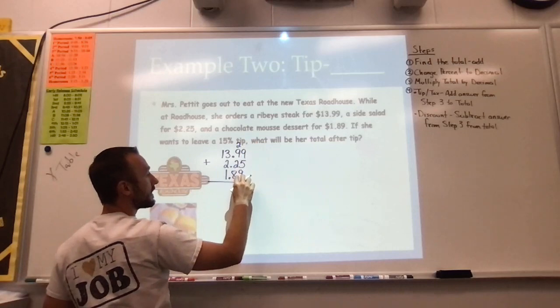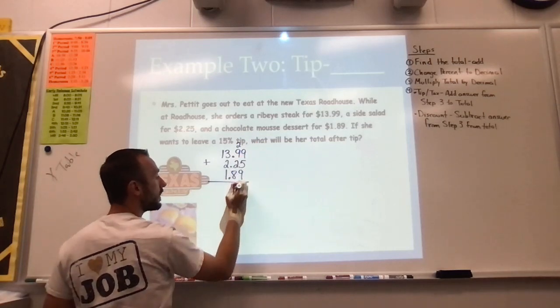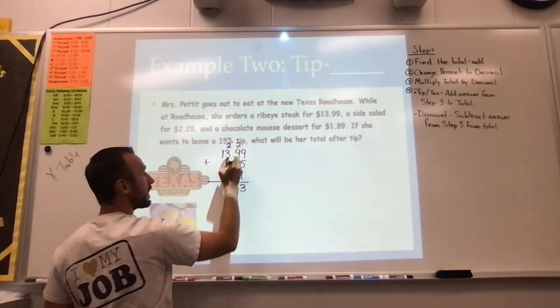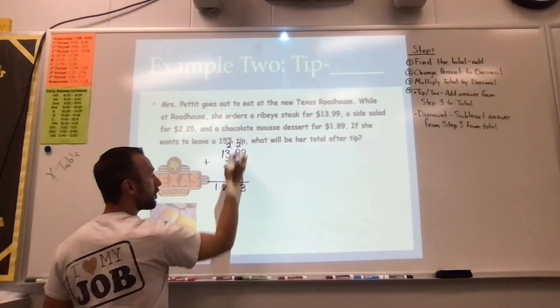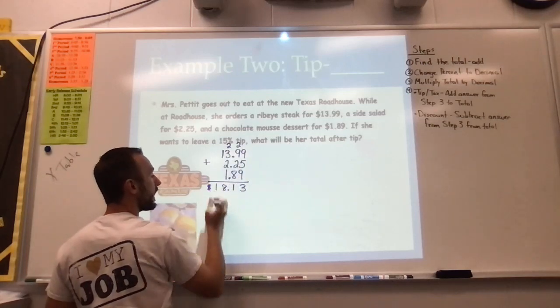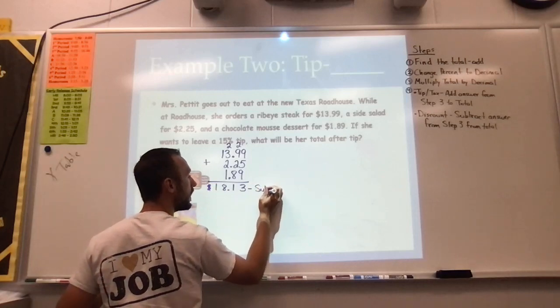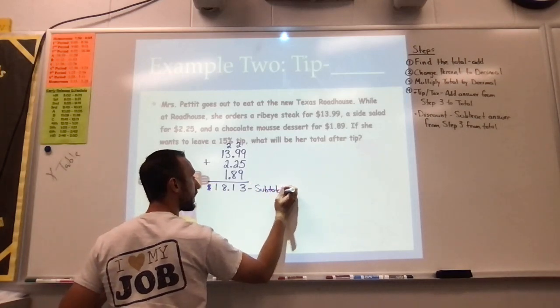I see 2 plus 8 is 10. 19, 21. Here my 2. 5, 6, 7, 8. 1. Bring down my decimal point. So we know right now just the cost of her food, the subtotal of her visit to Roadhouse right now